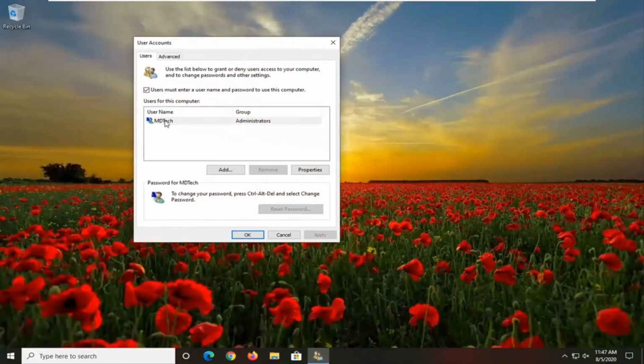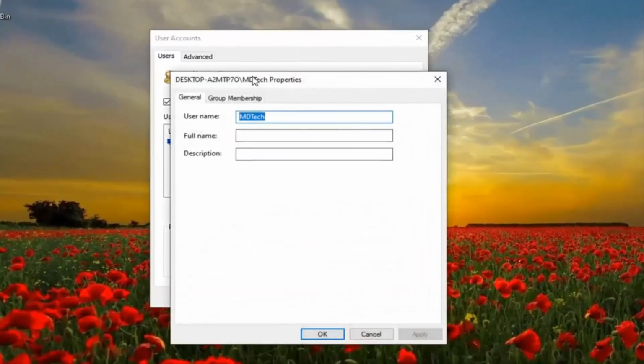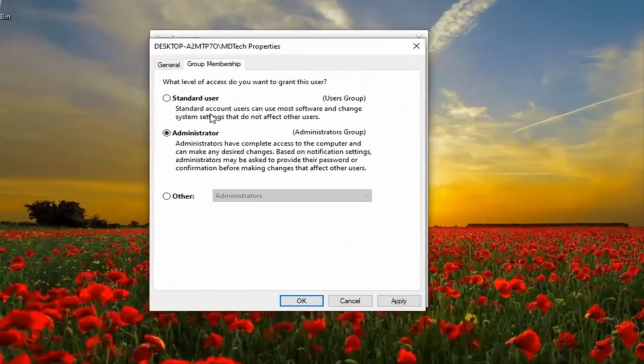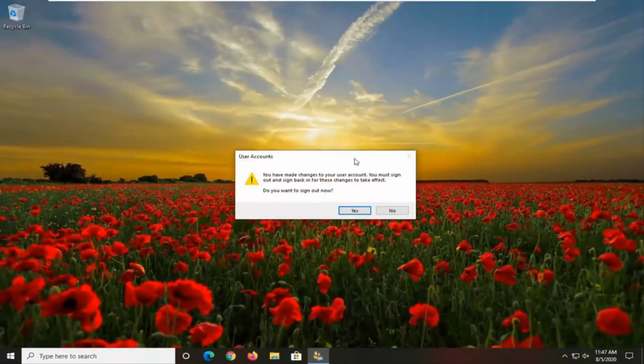And you want to go select your user account here and then select Properties, select Group Membership, and you want to set it to Administrator, so make sure it's set to Administrator there. If it's a standard user, you'll have to switch it over to Administrator. And once it's done, you just would go ahead and select Apply and OK. And select OK again. You might need to restart your computer, but we're going to do one more thing before we do that,